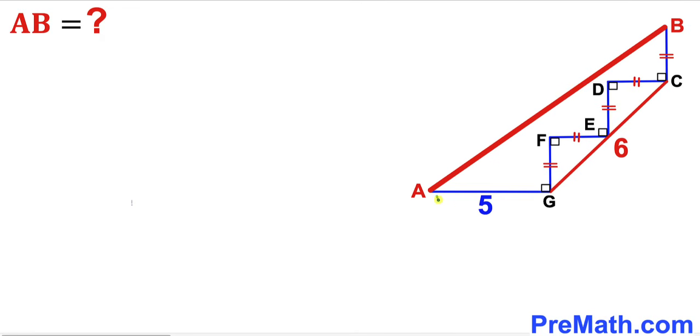In this video, we have got this staircase problem, as you can see in this given diagram, such that this segment AG is 5 units, whereas this segment CG is 6 units. And moreover, these perpendicular and horizontal segments are equal in length. And furthermore, all these angles are 90 degrees each. And now our task is to calculate the length